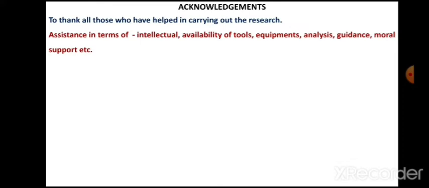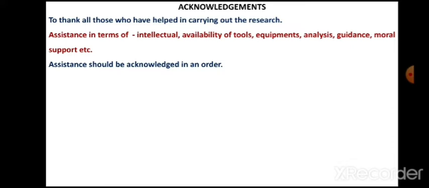Analysis may be difficult because the instrument is not available in our college, so you can do that analysis elsewhere, or you can hire that analysis from outsource. That also you can acknowledge. If you get guidance directly or indirectly from other teachers, that also you need to acknowledge. And the most important, you get moral support from your friends, as well as teachers and family. That also you can acknowledge.